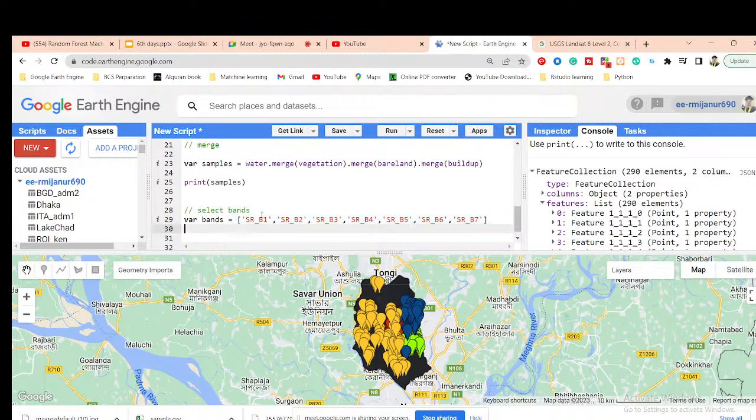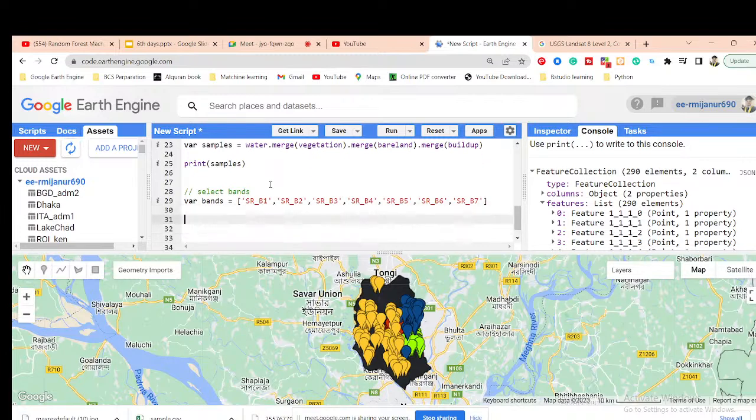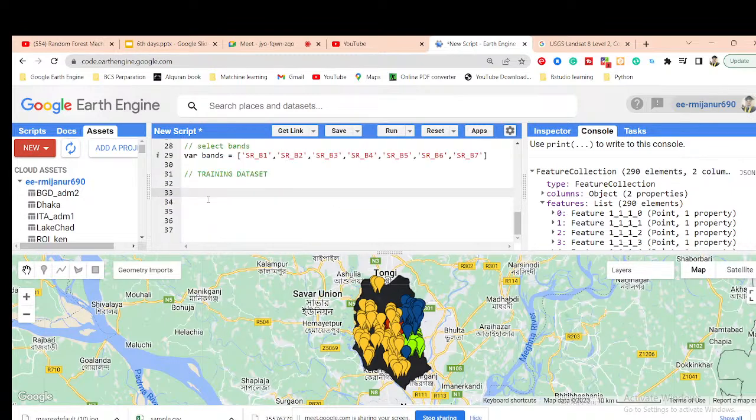Okay, so let's go for extracting the band values. Basically this band value is my training data set, so now we talk about creating the training data set. I write the comment training data set, and for that I simply take a variable, and the variable name is training. Now I want to extract all of those band pixel values